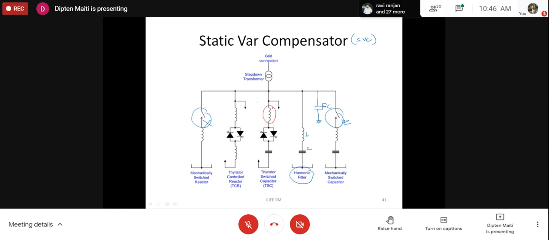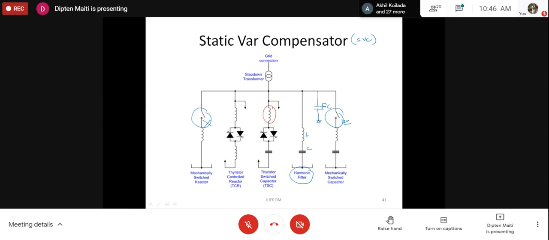Usual, I am not saying it may not be. These generally are not there. However, you usually don't require them nowadays. Depending upon the requirement, what the static Var compensator does is that it does not remove the harmonics. These are usually used